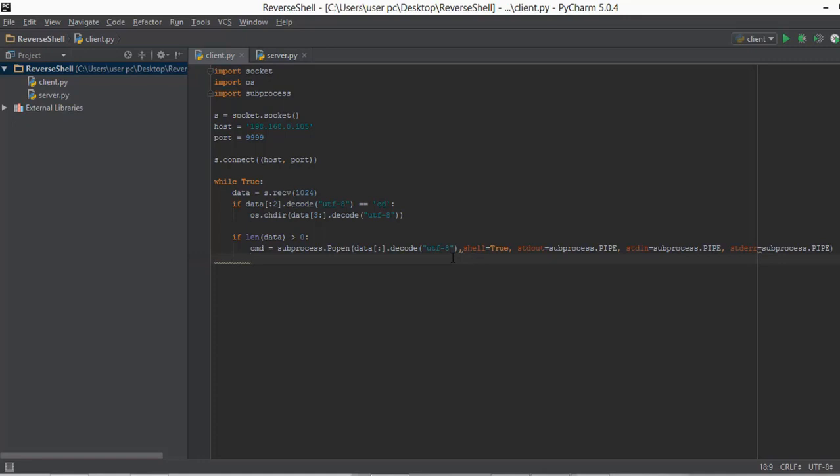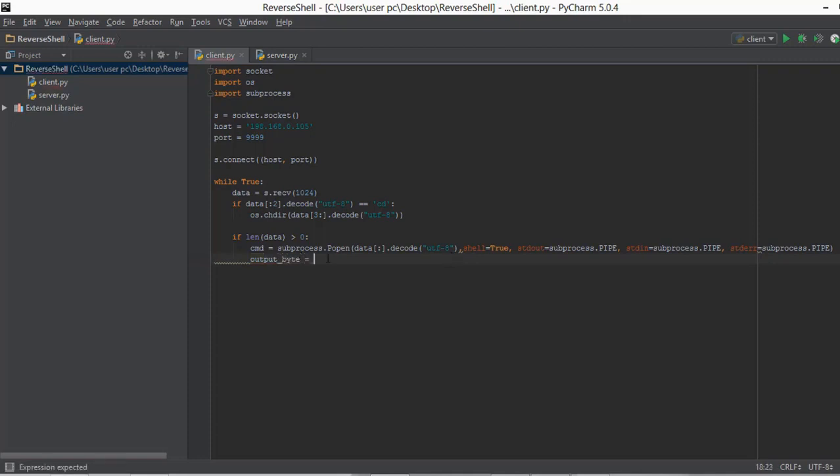So for example, if we are making a new file, your friend should also be able to see what kind of commands you are writing in the terminal of your server, and make sure you're not doing something fishy. But if you're a hacker, obviously you can ignore some of this stuff. For example, you don't want to display a string onto your friend's or your victim's computer, so that is totally understandable. But anyways, so the first variable we are going to write is output, and we are going to call